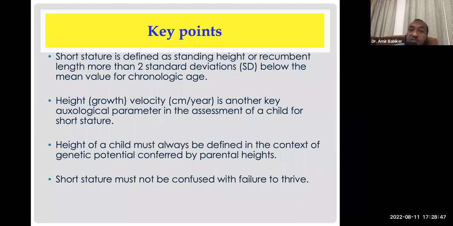Failure to thrive is something different. So many patients come to us as gland doctors because sometimes they say he has an enlarged gland, and this is usually confused with hematology oncology. So they mean the lymph nodes. And also they send them over sometimes when they have a mixed problem of weight, height, and head circumference. And this is a failure to thrive issue. So the patient may have other hidden pathology and not pure short stature, and this should be tackled in collaboration with other specialists.